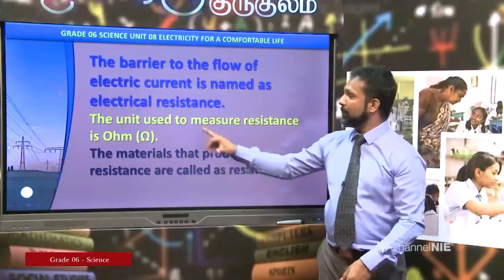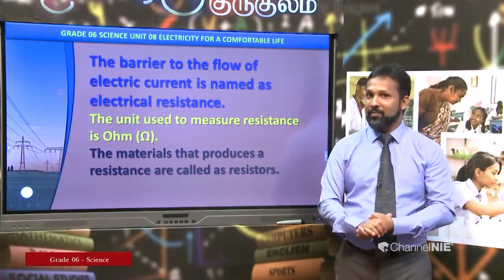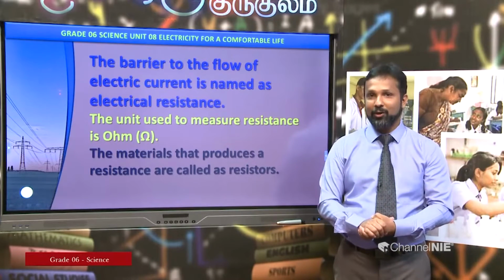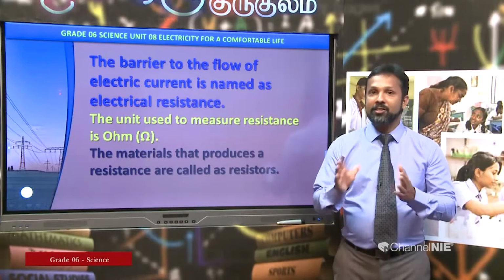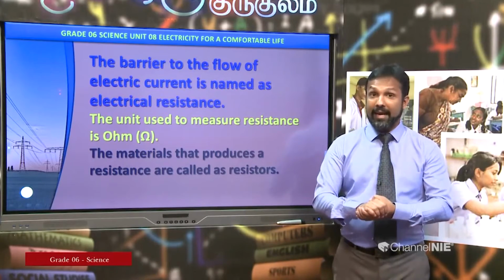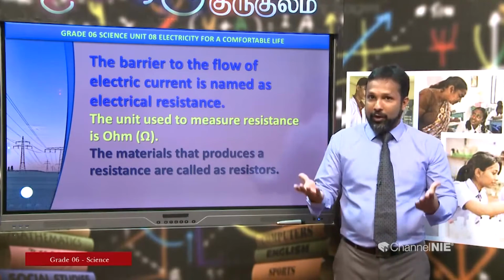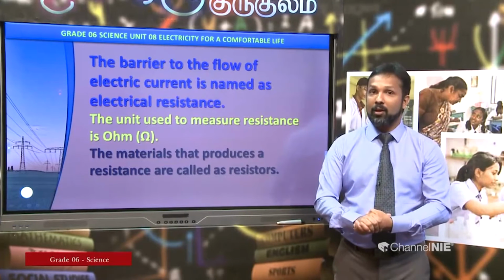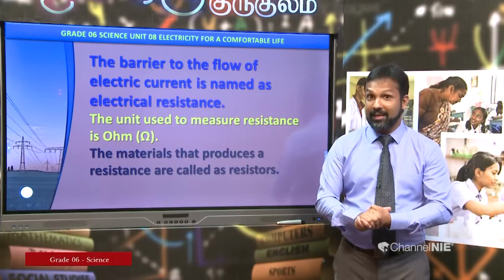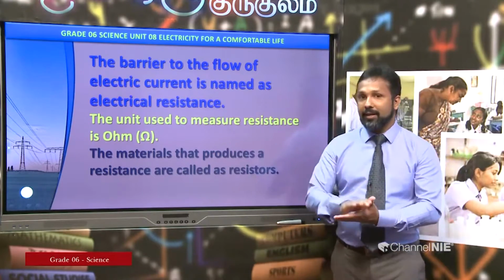We use this symbol for the ohm, and we must also remember the reason for using ohms, because George Simon Ohm is the scientist who greatly contributed to these activities. As a respect for him, we use the symbol ohm and the unit ohm to measure the electrical resistance. Right. Then we can conclude that